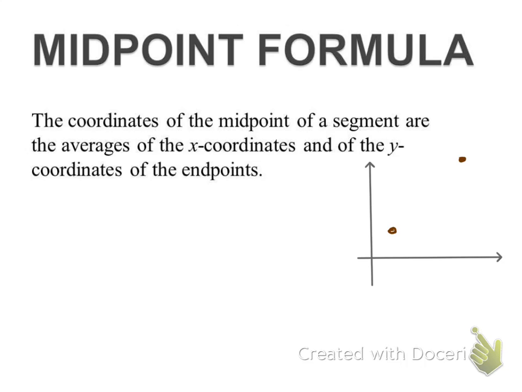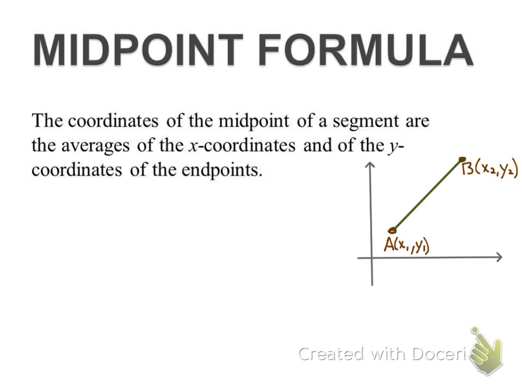We'll call them A and B, and we'll call x1, y1 their coordinates, and then x2, y2. And we'll put a line between and make it a segment. So the coordinates of the midpoint of a segment are the averages of the x-coordinates and the averages of the y-coordinates of the